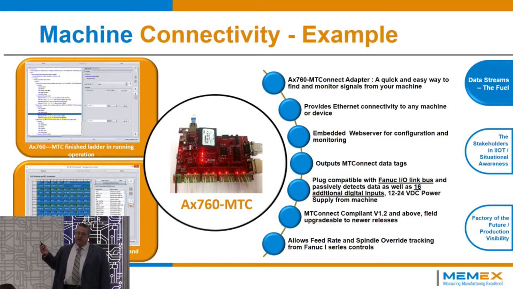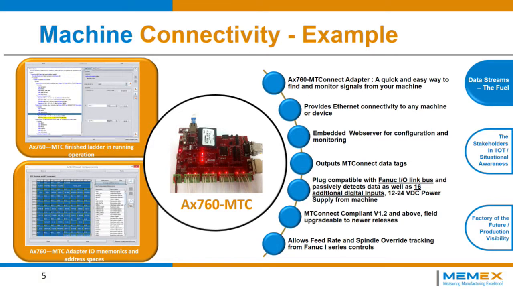This is an example of a hardware device that we manufacture. I said that's not a product pitch, but one of the questions I always get asked is, how do I connect my legacy equipment? If I buy a new piece of equipment, that's great. It comes with an Ethernet jack. We can just plug into it. But how do I connect all the balance of the rest of my equipment? About 70% of assets used in manufacturing today are what's called legacy equipment. And so this is just one example.